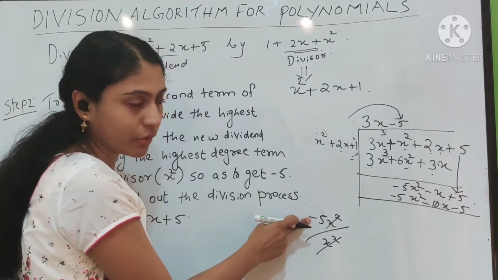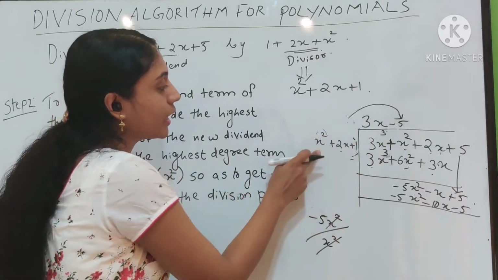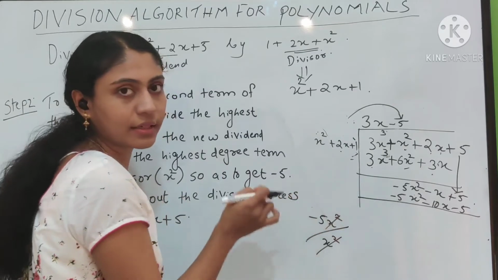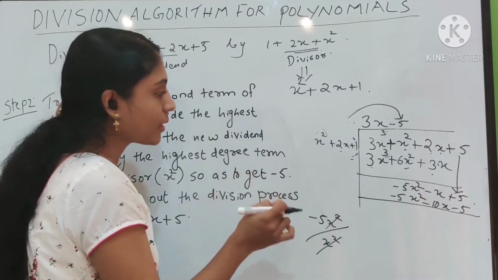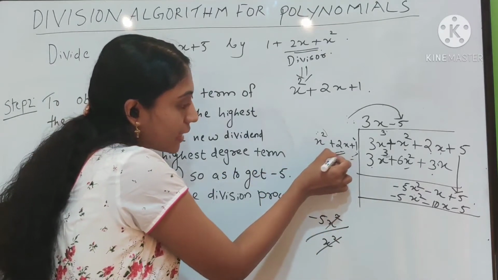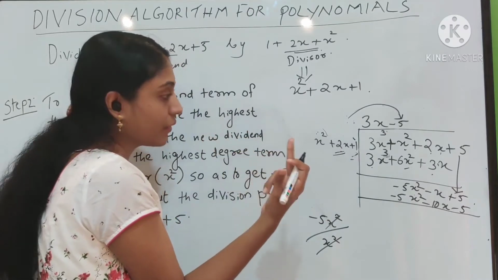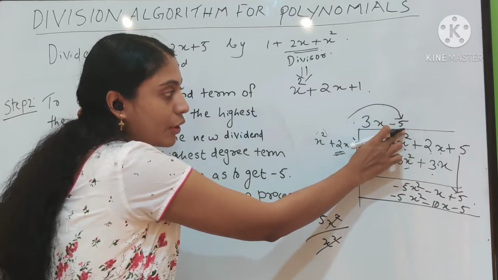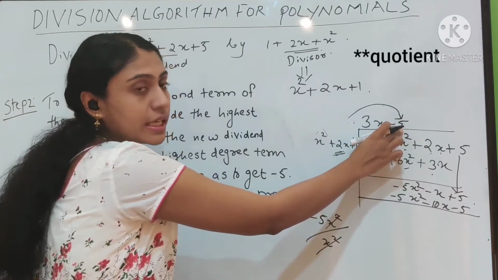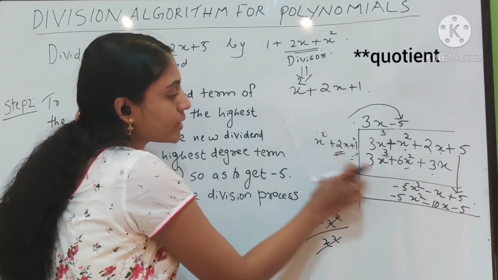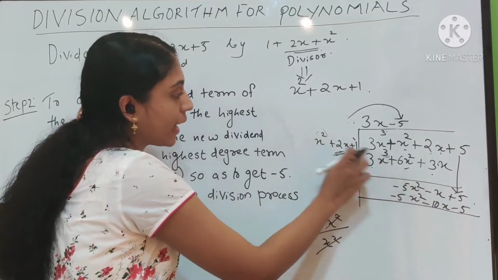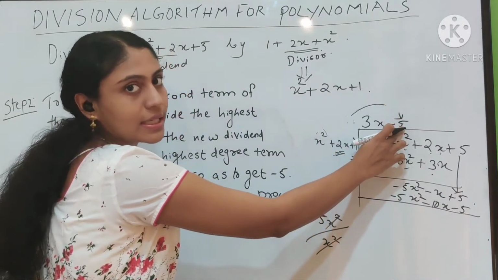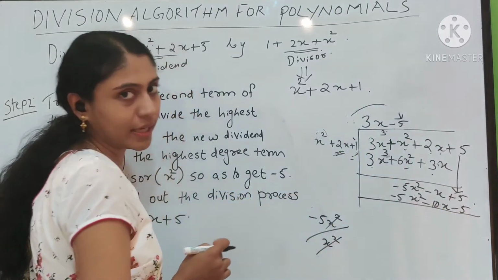So we will get minus 5. That means minus 5 into x square, it is minus 5x square. So that we can cancel by subtracting this x square term, right? Then take the rest of the terms of the divisor. That means take the second term of the divisor, 2x, and multiply it with our new second term of the coefficient, that is minus 5. So minus 5 into 2x, it is minus 10x. Again plus 1 is there, right? So plus 1 into this new term minus 5. 1 into minus 5, it is minus 5.